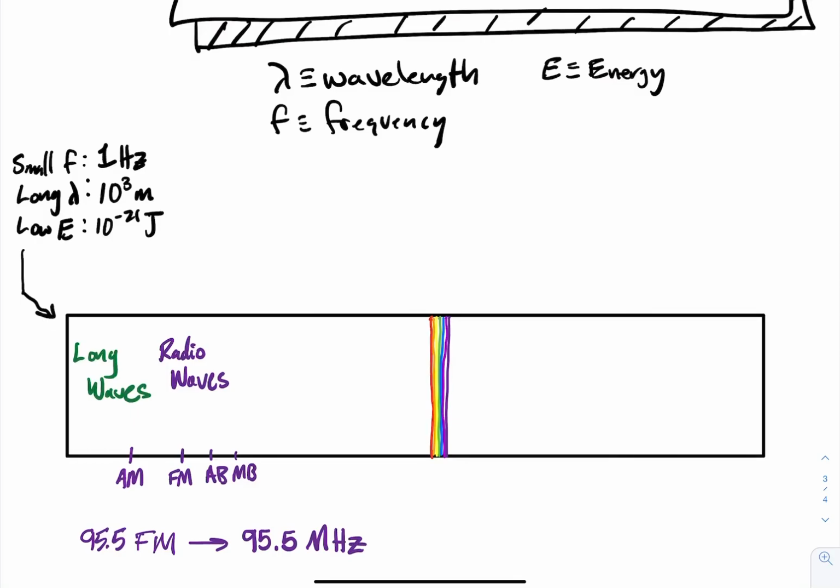And if you were going to tune into AM 950, 950 AM, that would be 950 kilohertz. So there's a little bit more to those numbers on your stereo than you realized. But really, all those numbers represent are the frequency of light that your antenna will allow to pick up. Okay, so